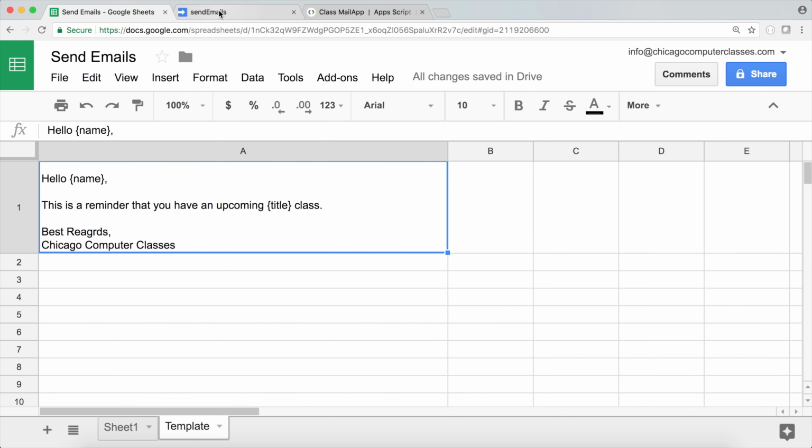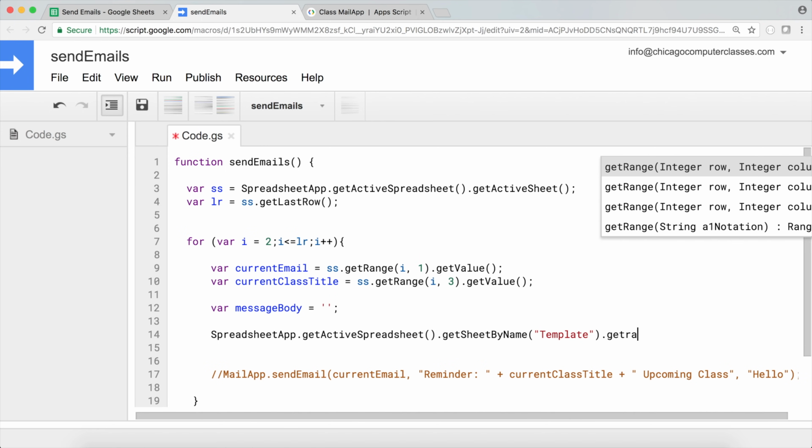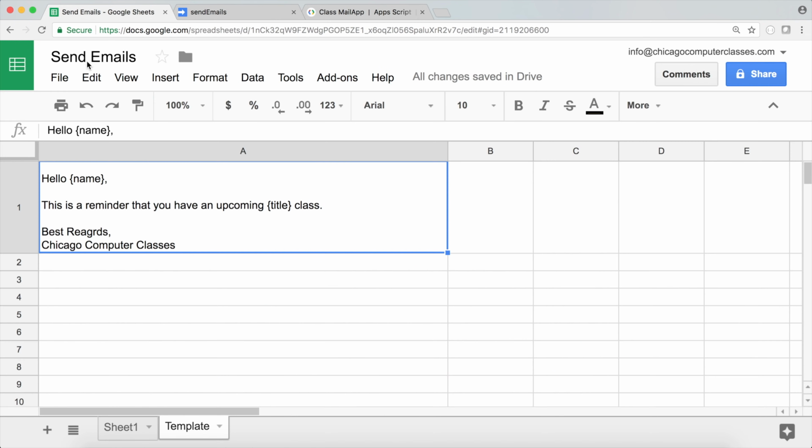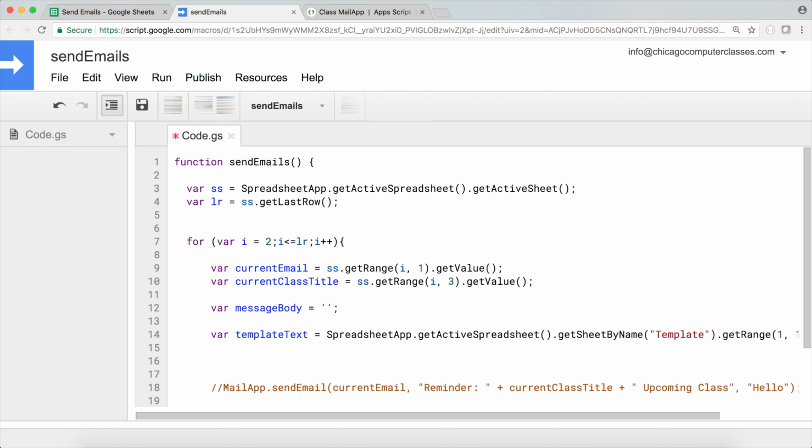Now, from that template tab, we want to make sure we get the range, and that's in our A1 cell. That's the first column, the first row, and I'm going to get the value, which is basically going to be that text. So I'm going to say var template text equals this. Just to make sure that everything is going well so far, I'm going to go ahead and logger.log that template text,